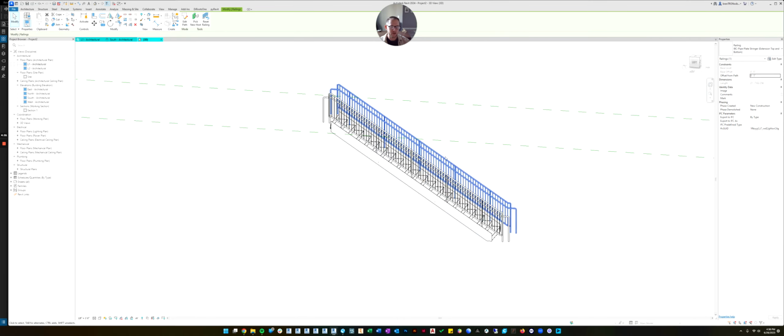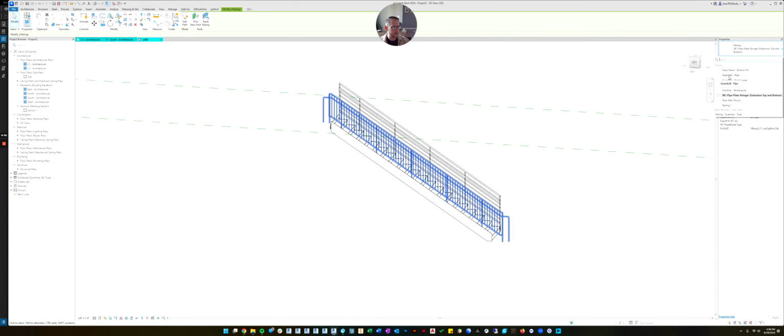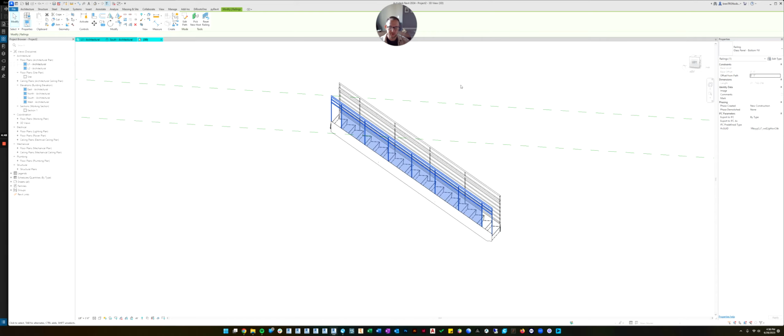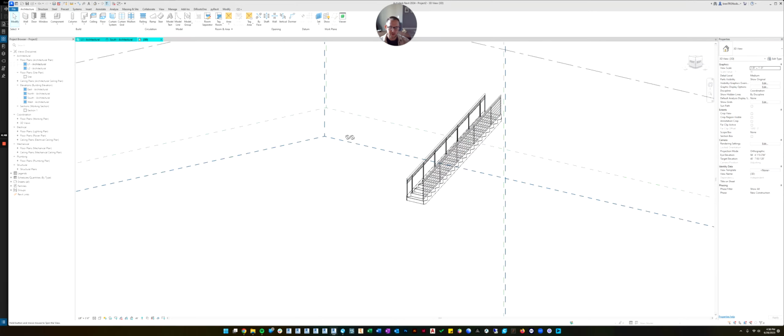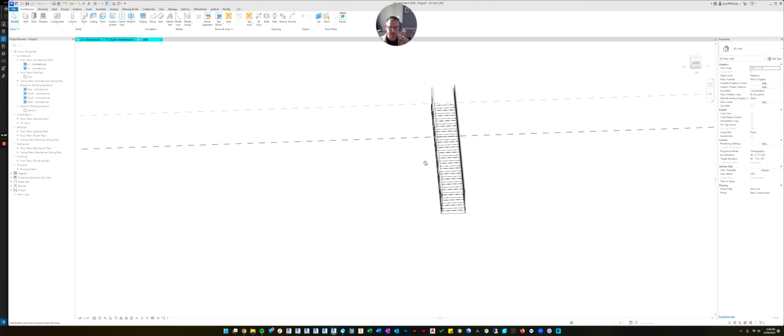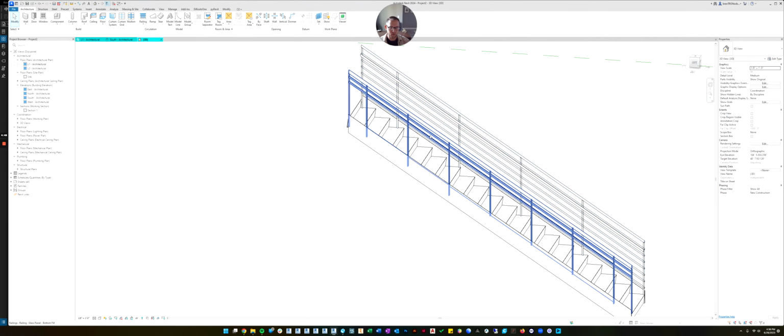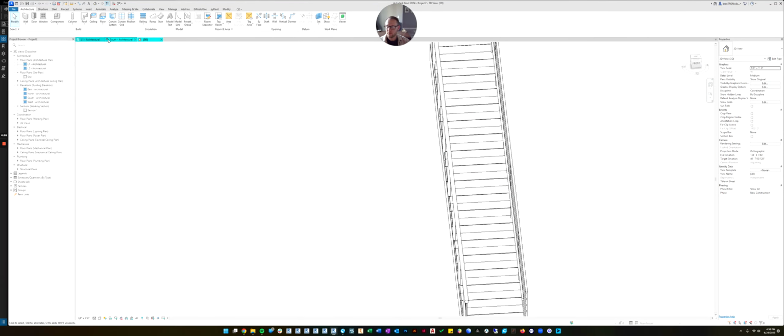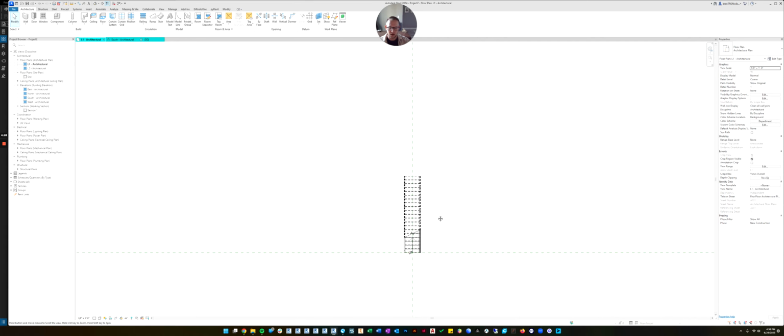So once the railing's created, you can come over here and you can pick a different side or a different kind of railing if you'd like. Whatever's loaded in here. Let's do glass panel. See what that does. Okay, so there's our different kinds of railing that were automatically created with the stairs. Let's go back to our floor plan.